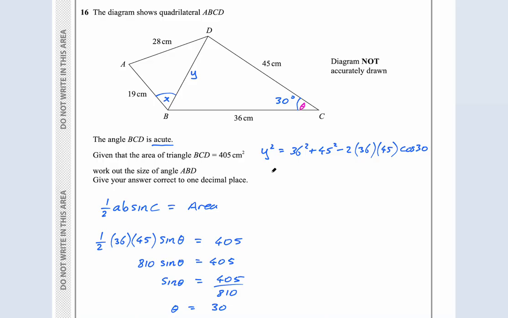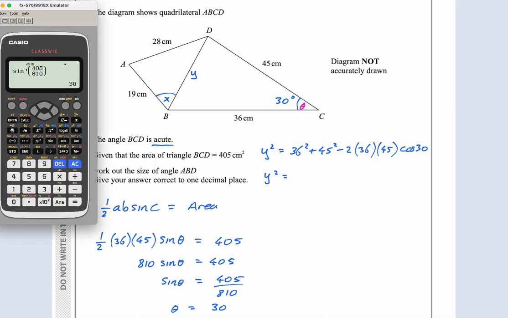And then I can say y squared equals, and I'll do all this in one go, 36 squared plus 45 squared minus 2 times 36 times 45 times cos 30, close brackets, and we've got